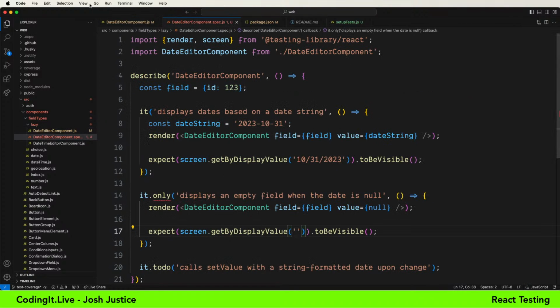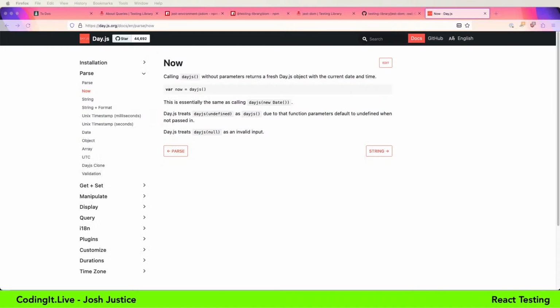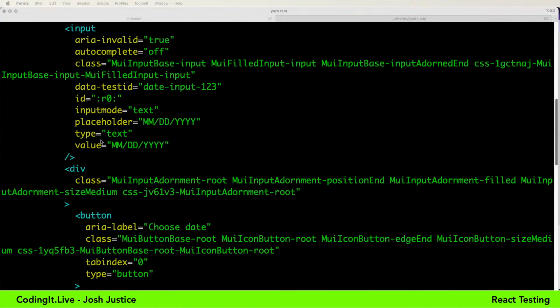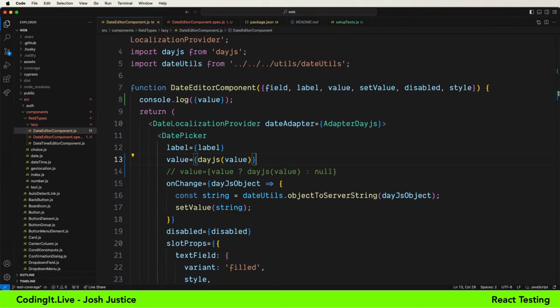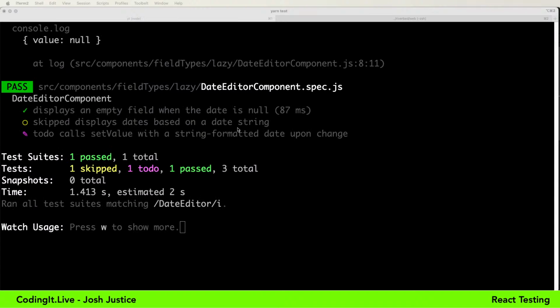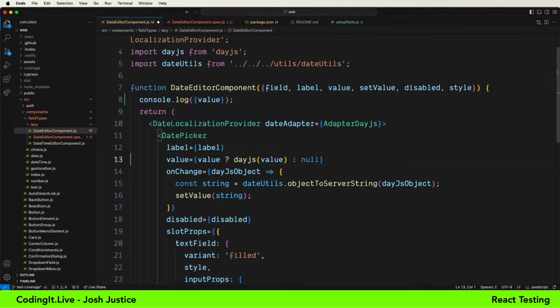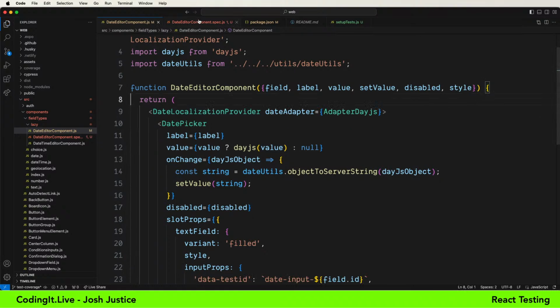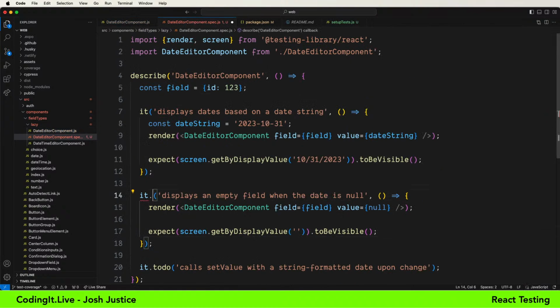Now I'm not actually sure what's happening in here in the test. The fact that it outputs mmddyyyy, that may be some fanciness about JS DOM, or maybe it thinks it's highlighted or something like that. I'm not really sure, but at least when we put in the real functionality here, the test passes, and so it is confirming that it's passing in an empty string. So that's great. That's fully specifying the behavior of the value prop here, not its behavior in and of itself, but the externally visible behavior of the component based on that value prop. So I think we have the value prop handled.